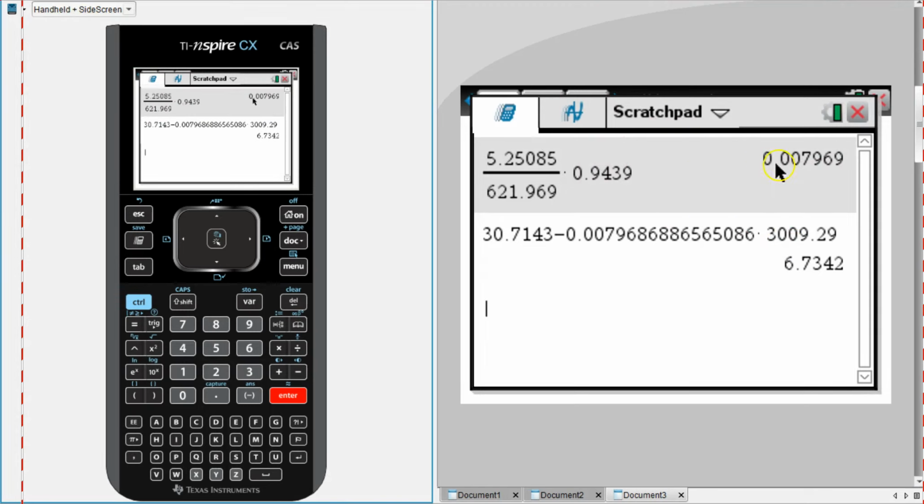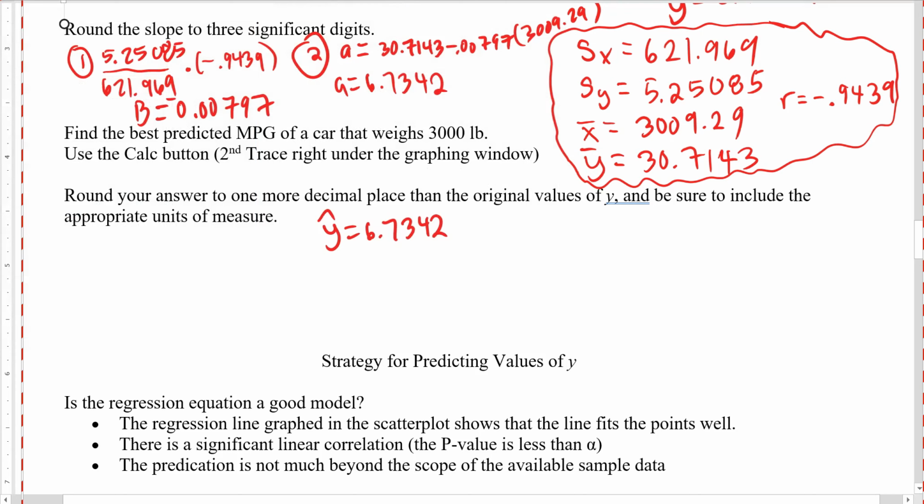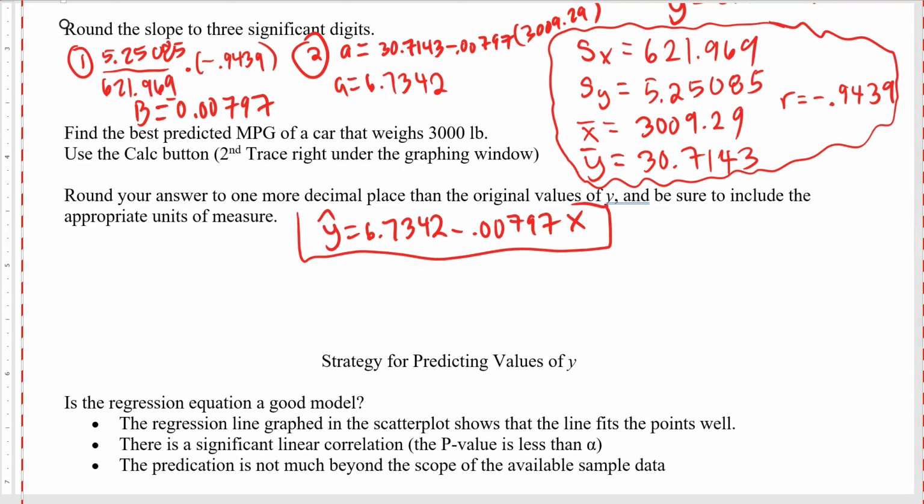Oh, I forgot the negative there. So, yeah, the slope was supposed to be negative. Sorry about the negative 0.0079. Make sure I get that here. So, minus 0.00797x. There will be a question like that on the test where I give you the table and you fill